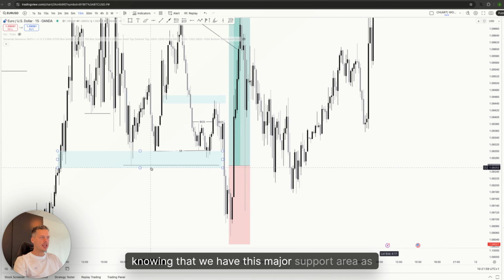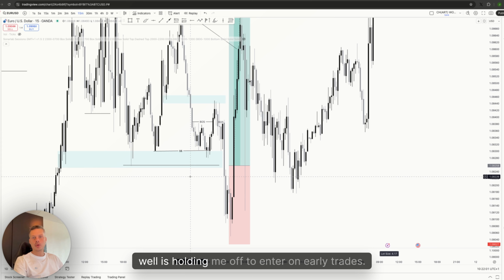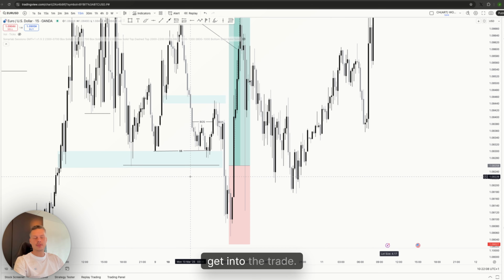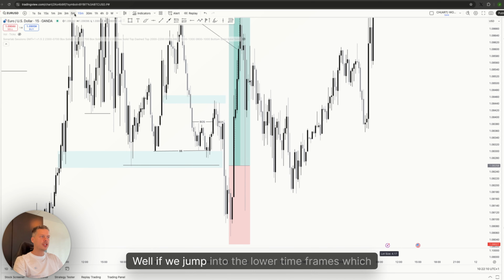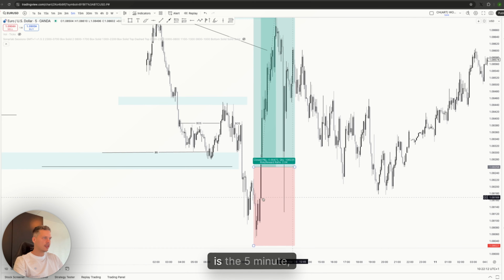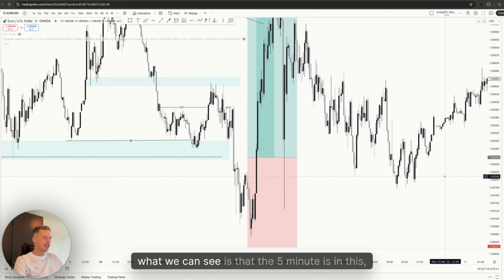Knowing that we have this major support area as well is holding me off from entering early trades. I want big liquidity to be taken out in order to get into the trade. Well, if we jump into the lower time frames, which is the 5-minute,